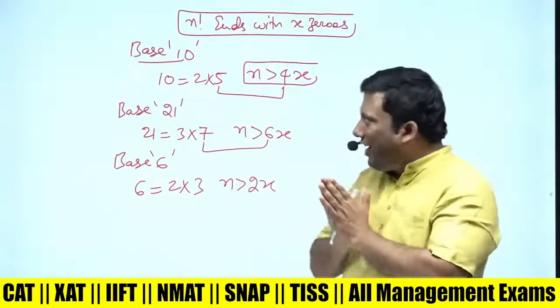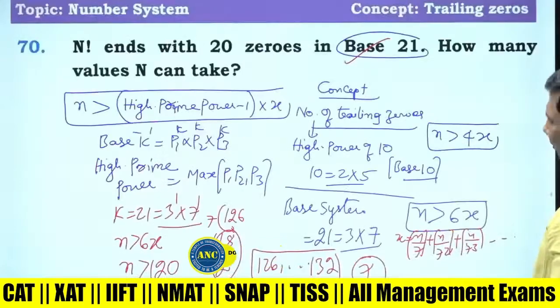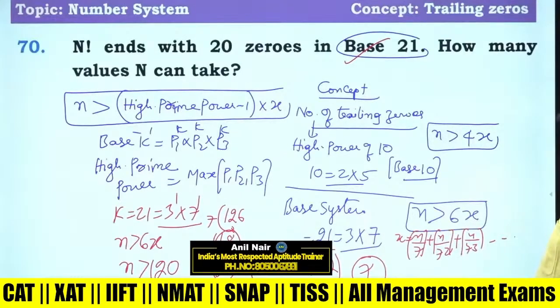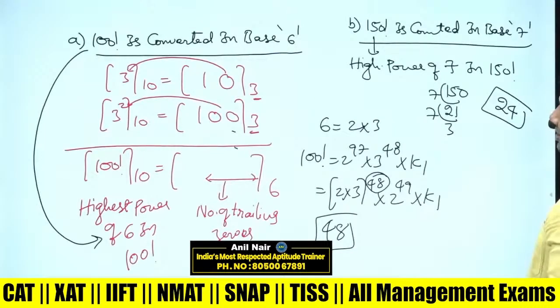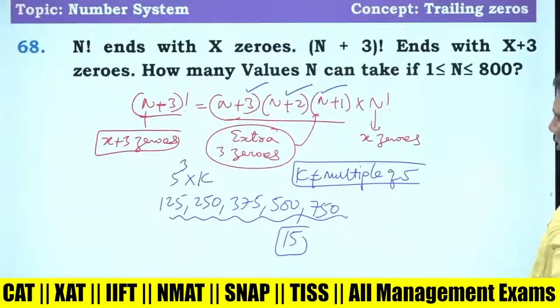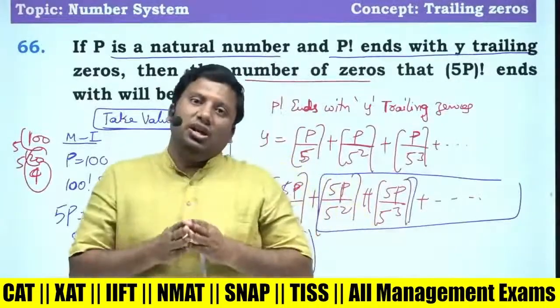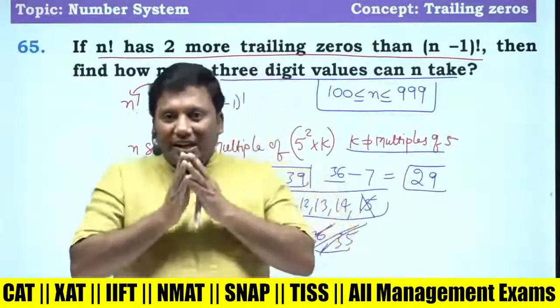These are some very, very interesting questions on base system. Now, n factorial ends with x zeros, n greater than 4x. Some other base, how to solve? How to find out the number of trailing zeros? All these questions, we discussed this in Trailing zeros, session number 2. It is an advanced